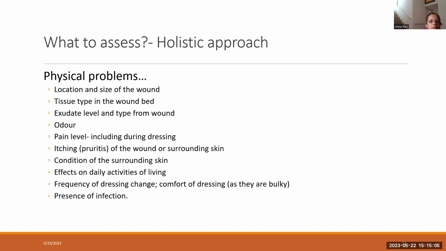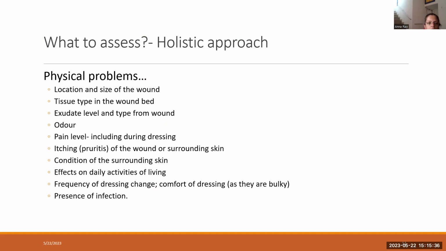So, of course, where is the wound, right? So location is very, very important, as well as size of the wound, because our dressing is going to get more and more large, right? What type of tissues are involved in the wound, right? How many blood vessels are involved, right? So that will